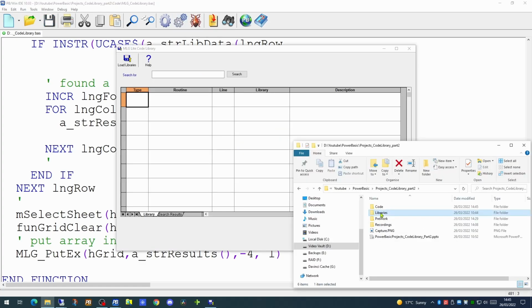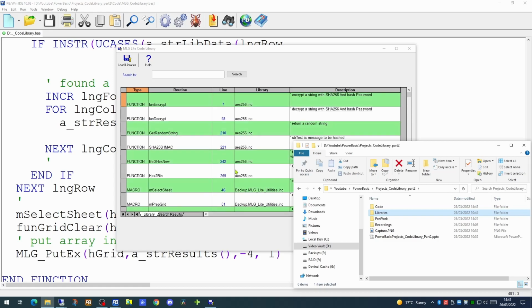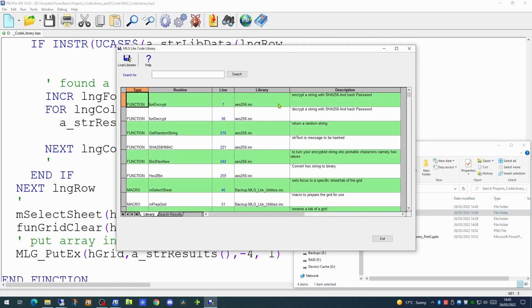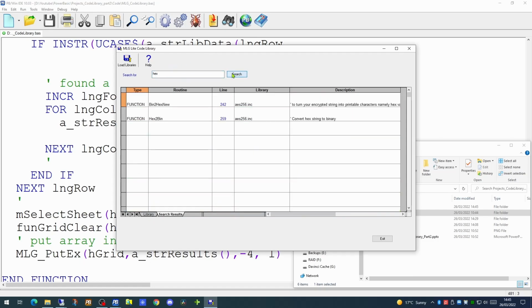If we drag our libraries folder, our data in the grid is populated. Now if we type some search information into our text box and hit the search button, we're getting some results coming back. We haven't colour banded the grid yet, which we'll do in a moment, but the other thing we can notice is the value in the description column is not word wrapped. So we need to add that piece of code as well.